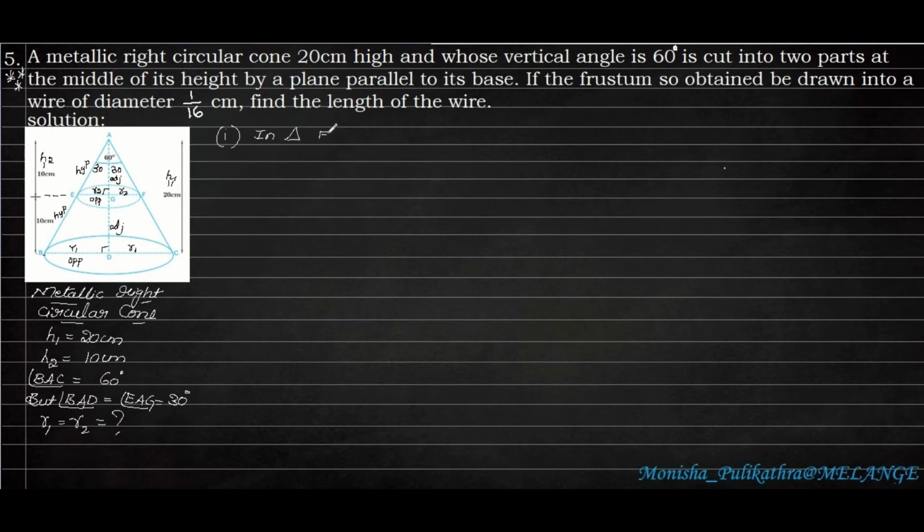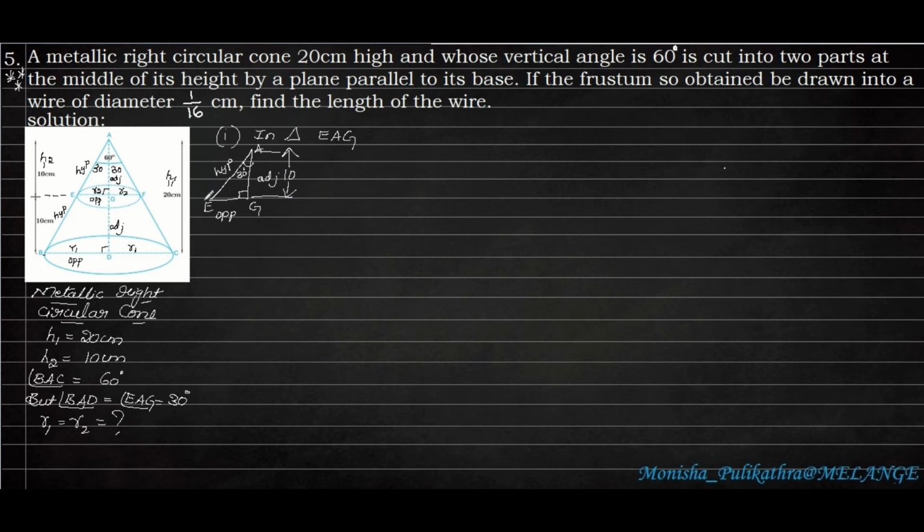So in triangle EAG, I'll be writing this triangle here. So triangle EAG, E, A and G. Okay, so here this is 90 degree and the angle is 30 degree. If the 30 degree angle is here, this will be the opposite side, this is the hypotenuse and this is the adjacent side. Okay, so here the height will be 10 because it is entirely 20 and it is cut exactly to the half, the middle of the part. Okay, if it is cut to the middle part, then the half will be 10 centimeter, right? So the adjacent side will be 10.